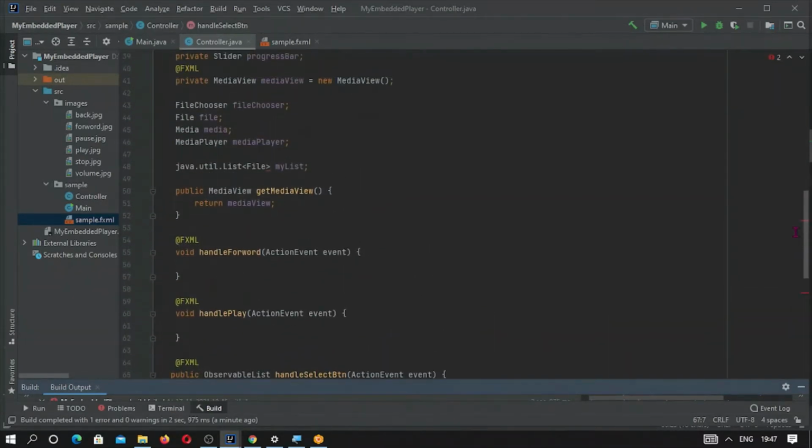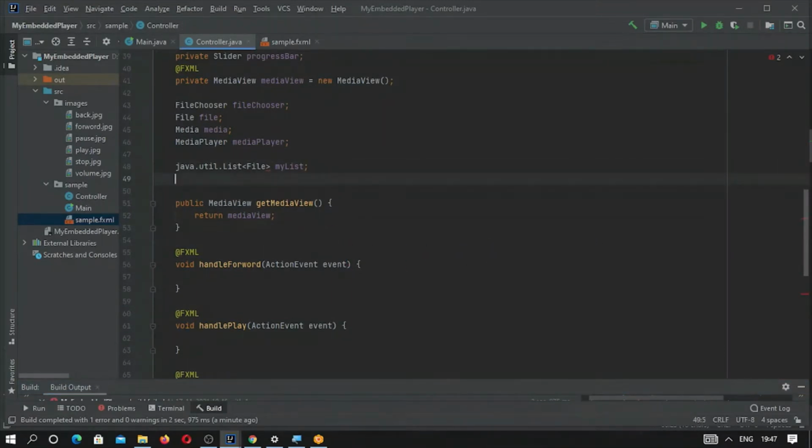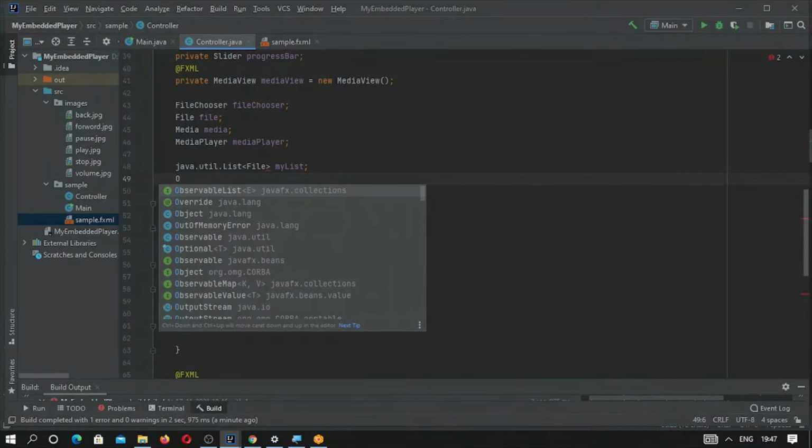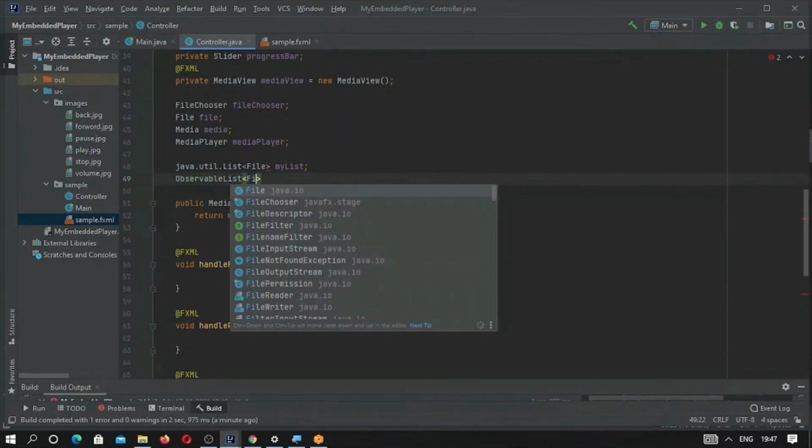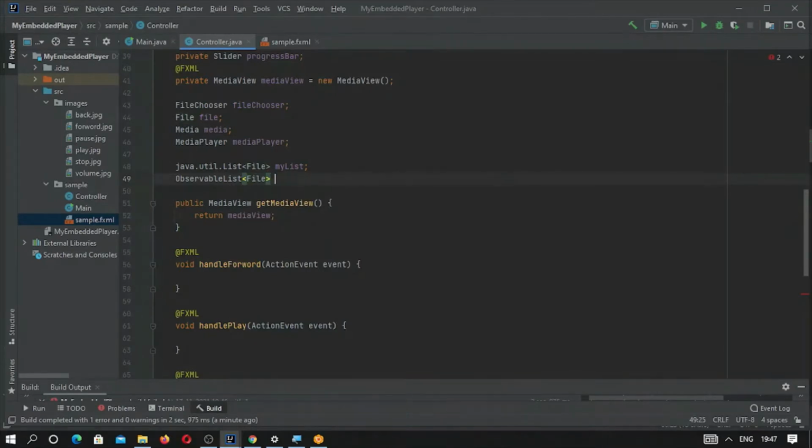We haven't created an observable list, so let me create an observable list of type File, and let me name it playlist.